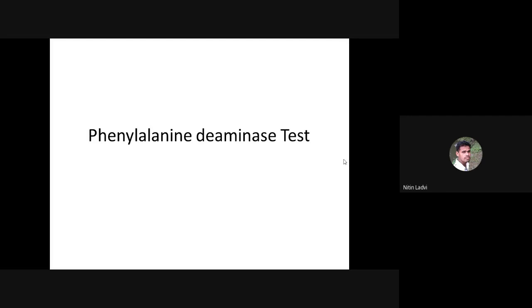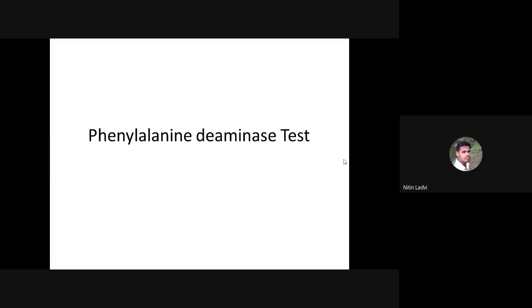So obviously each and every biochemical test has its own significance, and these also have limited use. Limited use in the sense that not all biochemicals are useful for identification of all types of organisms, but some of the biochemicals have so much significance that they are actually used to identify a particular type of pathogen. Some biochemicals are so specific that they act as a key indicator for identification of a particular type of pathogen.